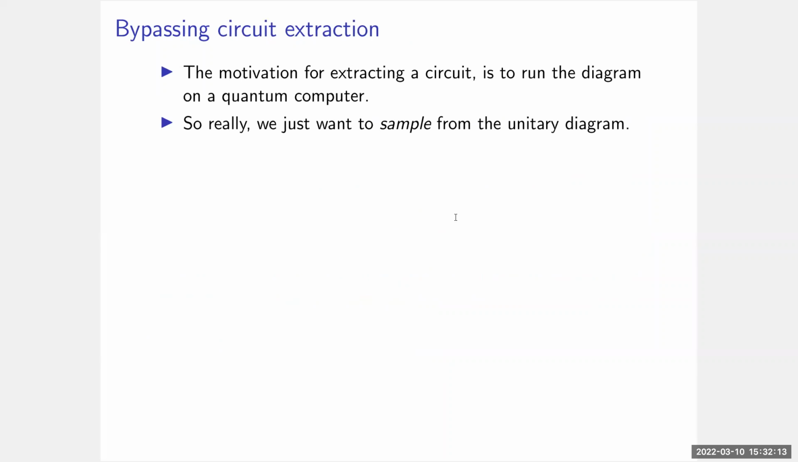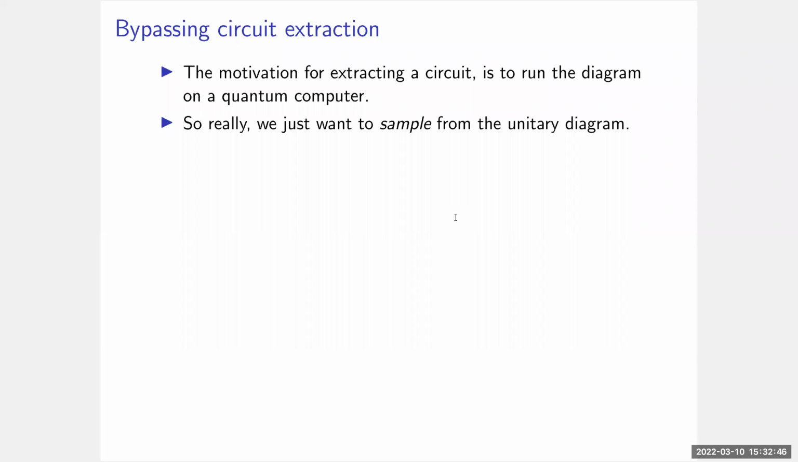Okay, so these are all still examples of going to a circuit. But as I said, the main motivation for doing circuit extraction is that what you really want is to run the diagram on a quantum computer, right? You just want to know what happens if we simulate this diagram, if we actually run this unitary on a quantum computer. And a circuit is just a useful intermediary so that we can compile it to a circuit and then give the circuit to the quantum computer, and then it runs it and we get an output. So really what we want